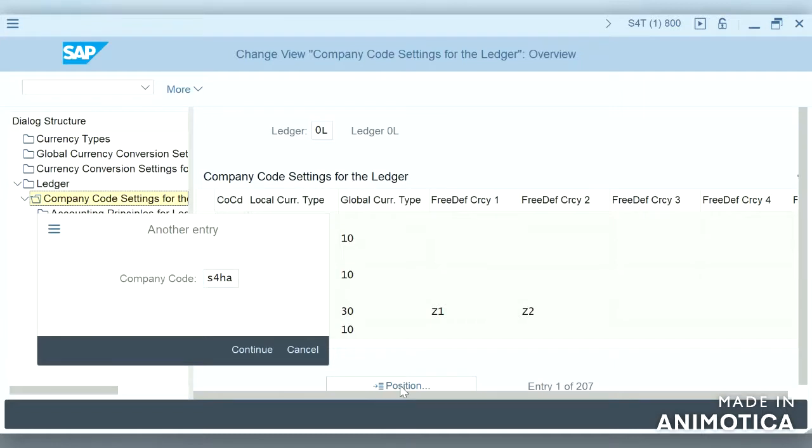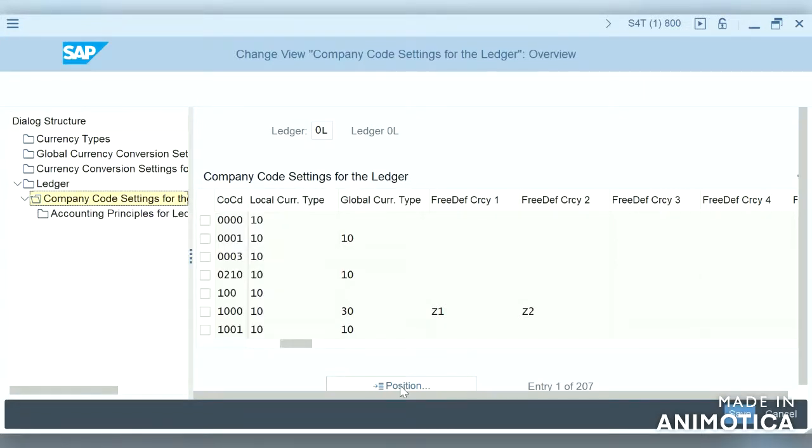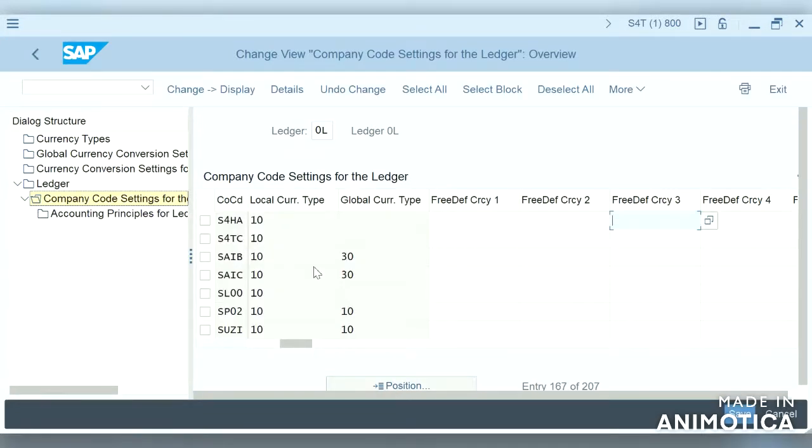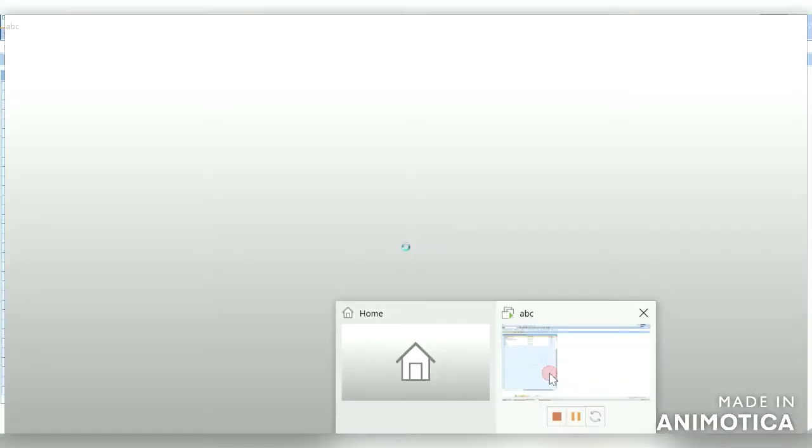The standard ledger will by default be assigned. 0L is a standard ledger which will by default be assigned to the company code. So for accounting principles for ledger and company code, a few of the things we need to define by ourselves, and we will just have a look at how the screen looks in ECC.